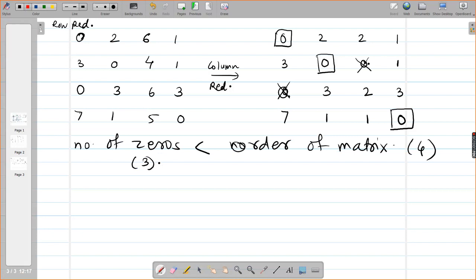Okay, now tell me which row has no assignment? We will tick that row. Which row has no assignment? Say it quickly, your lecture is ending. Third row. So I tick the third row. Now this 0 was not assigned, right? The 0 I have starred is not assigned. Why is this 0 not assigned?